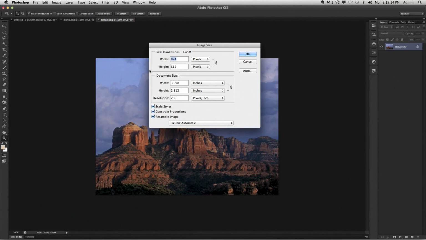Now underneath it, the document size is how it's going to take those available pixels or those available squares that are in that image and put them on a printed page. Is it going to take several of those squares and put them into 1 inch, or in this case 266 of those squares and put them into 1 inch? And if it takes 266 of those squares and puts them into 1 inch wide, then I'm going to only end up with about a 3.098 inch wide image. If I were to decide to